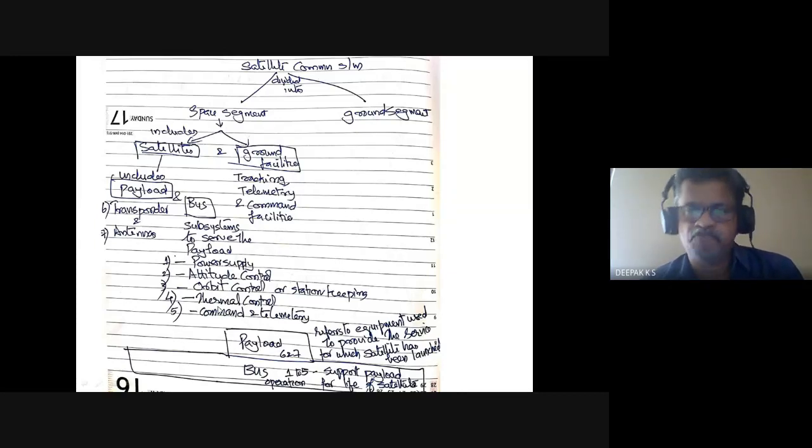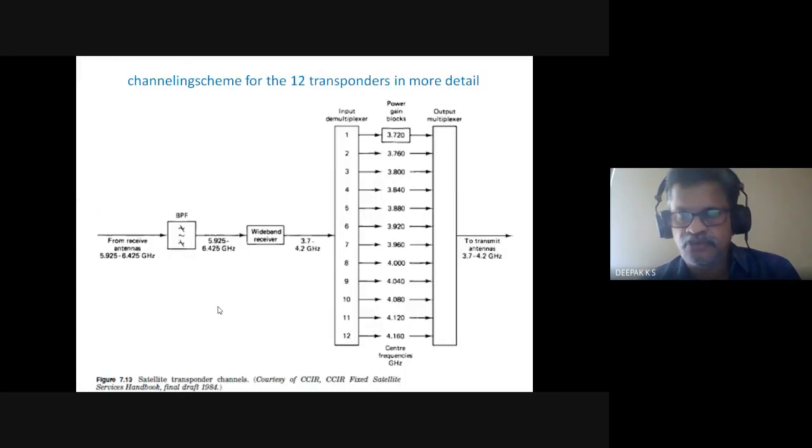So fundamentally, a satellite is launched for providing gain for the signals from an electronic point of view. So we saw this figure, basically an example of a transponder for a C band: a 500 megahertz filter, a wideband receiver, which is redundant. There is a conversion in frequency as well. And wideband means all the signals are there. So you remove the grouping through a demultiplexer, and you get individual channels.